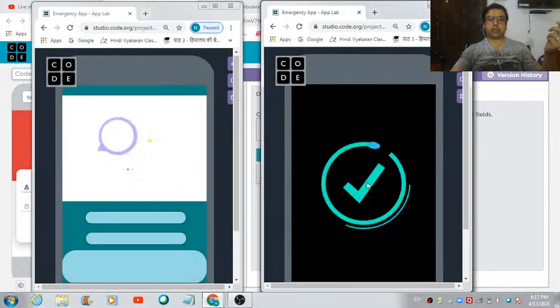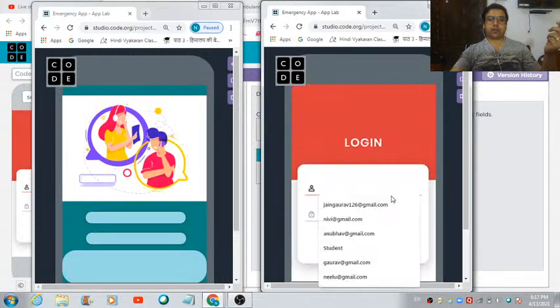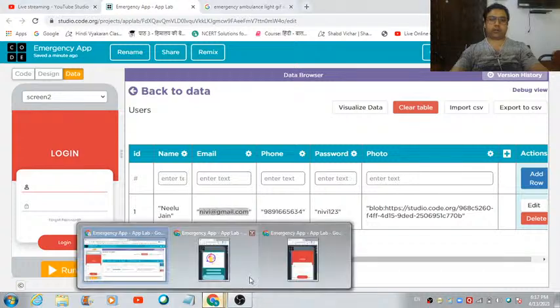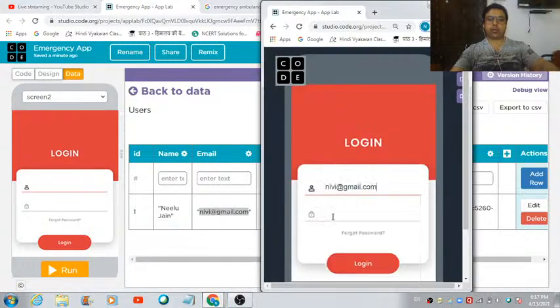Okay, so what is the ID with which I registered the profile? So the ID is nevi@gmail.com and nevi123 is the password. So the same I have to enter over here, and here I need to enter nevi123. Let's hit